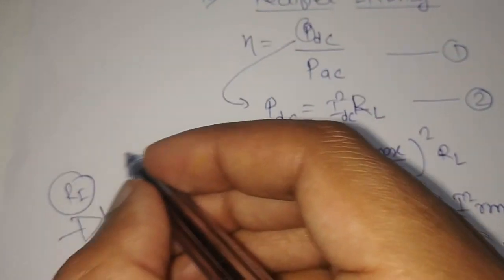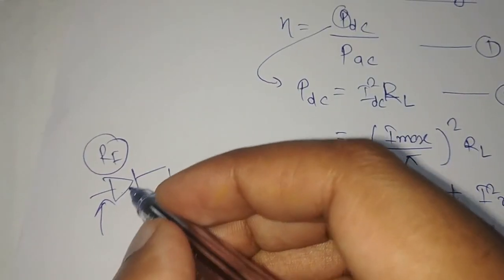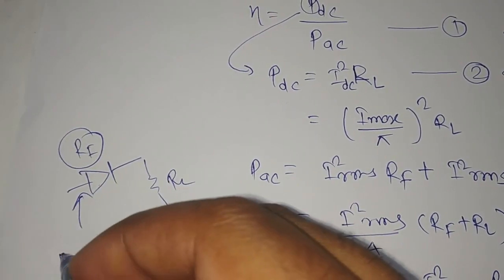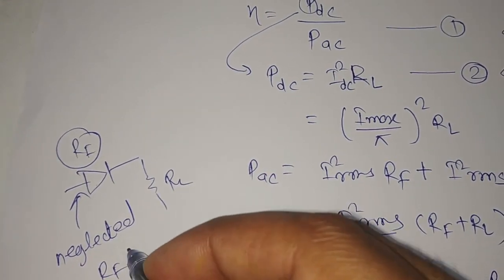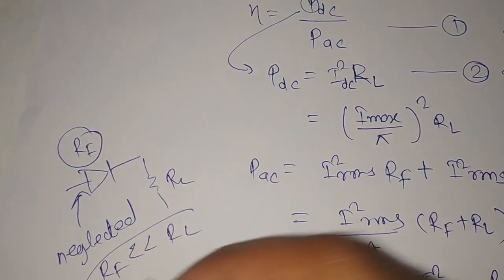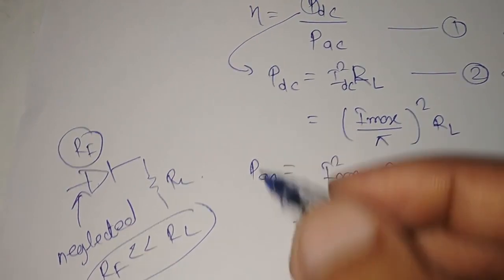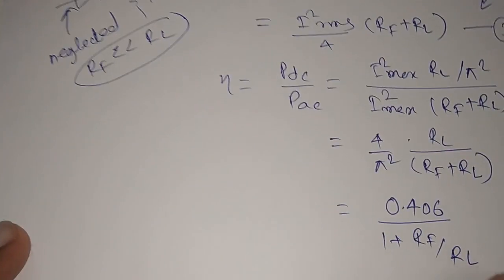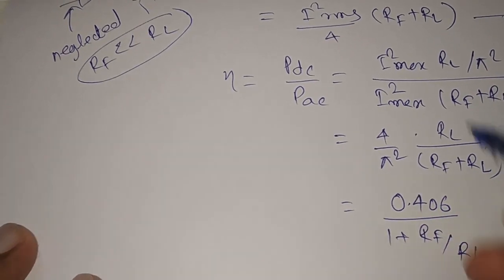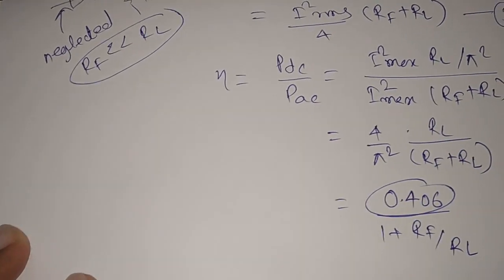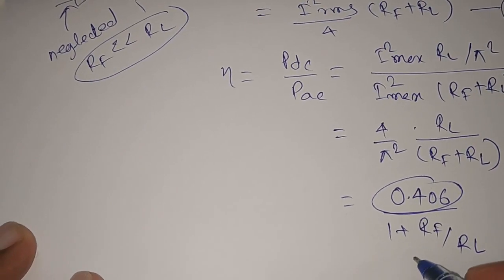This RF, which is inside the diode, is normally neglected. This value will be neglected because this value is too small compared to the actual load resistance. So hence what we will get here, if we neglect it, eta will be equal to around